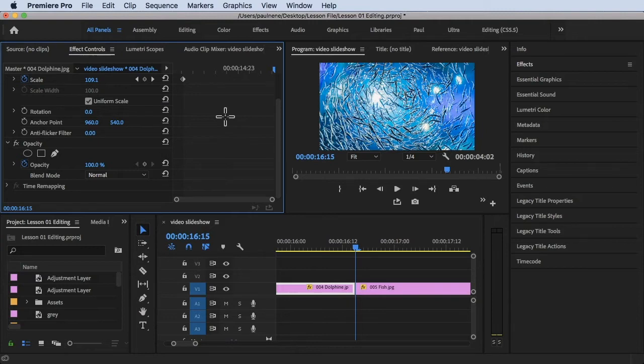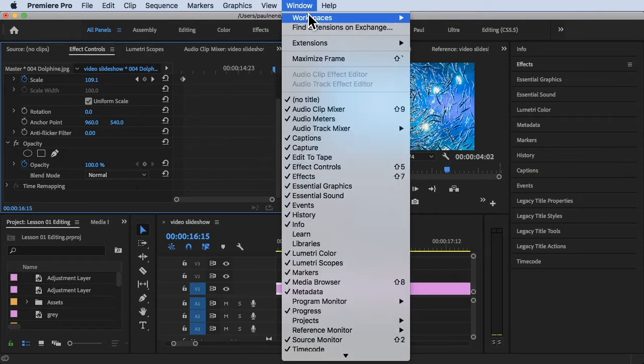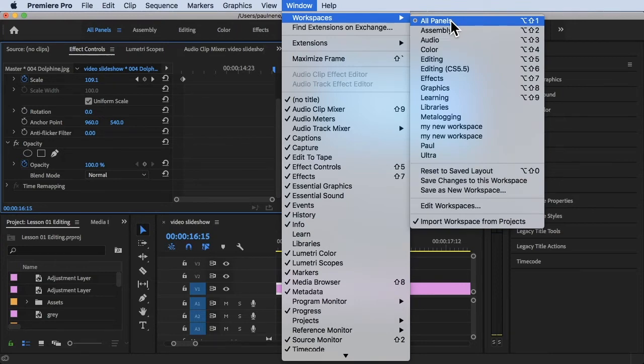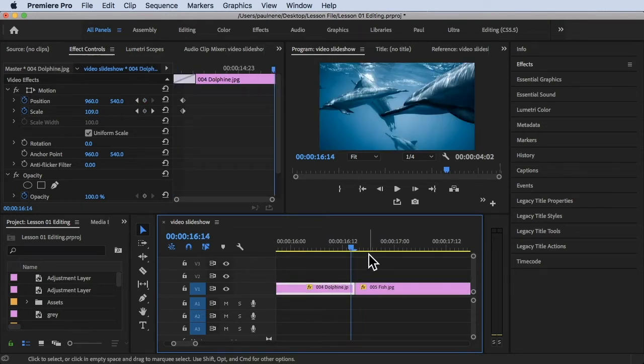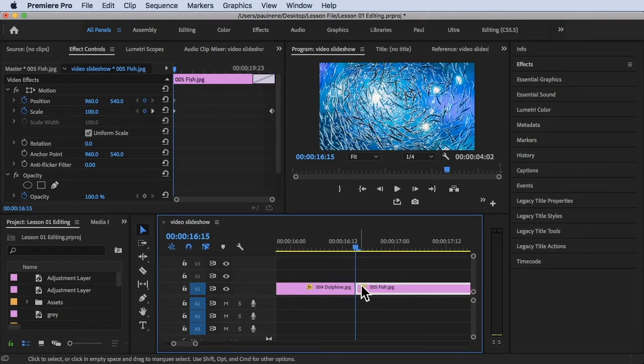Alright, so we are inside of Adobe Premiere Pro and I'm currently using the All Panels workspace. To go there, click on All Panels at the top or click on Window, Workspaces, and then All Panels. Cool. Now I already have a timeline here in the video slideshow. We have the dolphin and the fish here, and we're going to add the transition in between of this